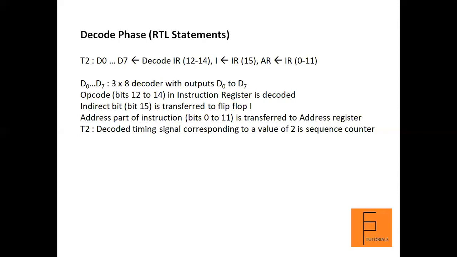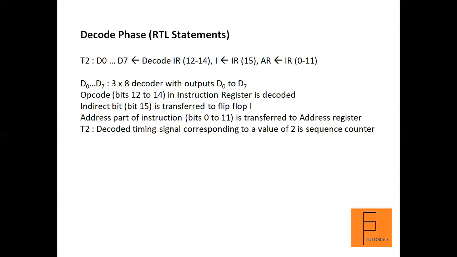So with 3 inputs, you get a possible 8 outputs, where each output represents one opcode. Now, if the decoder's output happens to be 111, that means the D7 line of the decoder has been activated. And if D7 has been activated, it means that the instruction is either a register reference instruction or an input